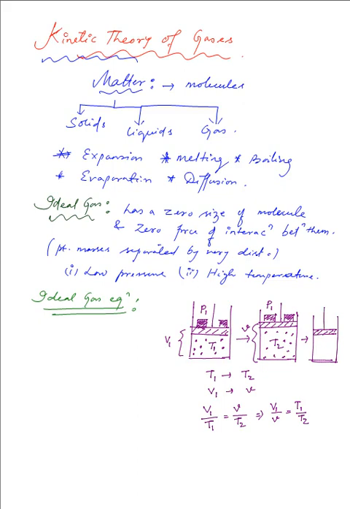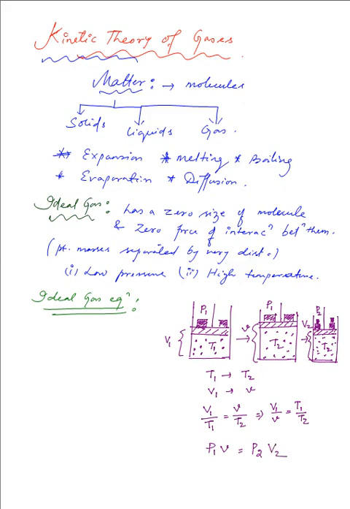And now we have the pressure increased. We are adding weights over there, which is changing the pressure to P2. We are maintaining, however, the temperature at T2, but the volume is changing. The volume now has become V2. So V2 is the new volume, the final volume, that is. So from Boyle's law, we have P1 V equal to P2 V2.